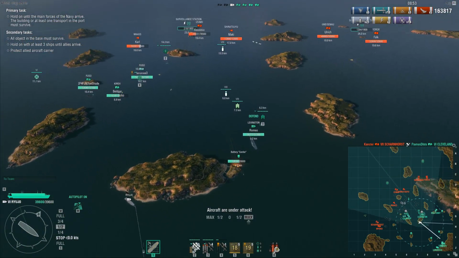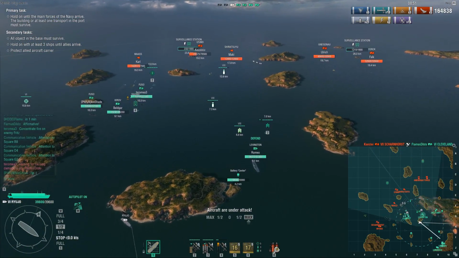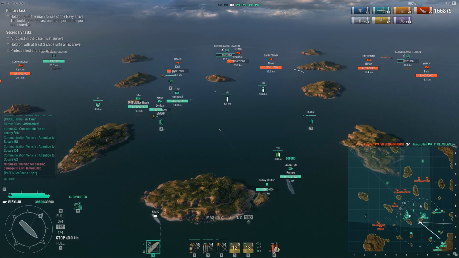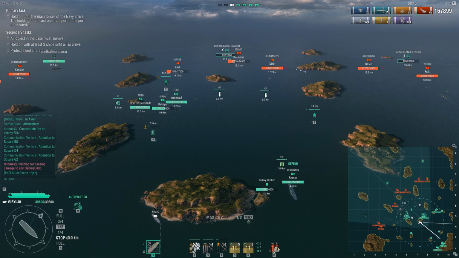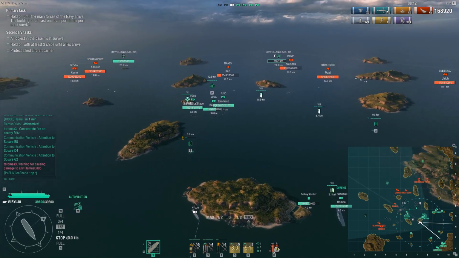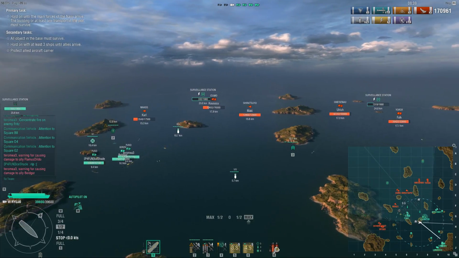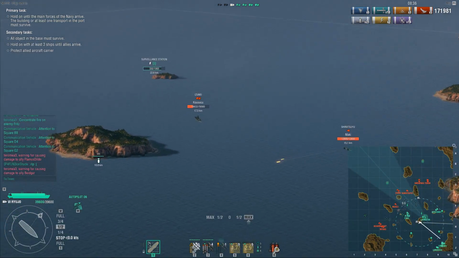Otherwise he might be caught in the middle of there and it's a lot harder to keep him alive. We do lose a second ship. Note that we need to hold on with at least 3 ships until our allies arrive, which is quite important here. Regardless though, this Izumo is flooding to death,